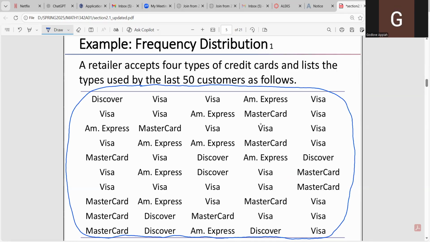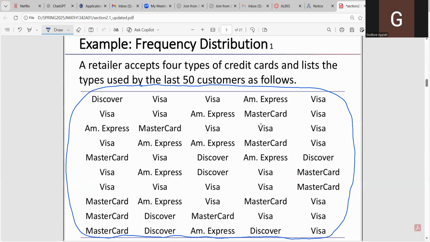Before you go ahead to summarize or describe any kind of data, you would need to determine what type of data it is, whether it is qualitative or quantitative. The methods that we're going to learn in this section are only applicable to qualitative data sets. You cannot apply these methods to summarize quantitative data. So that's the first thing you need to do. The first task you need to perform is to determine the type of data that you are working with.